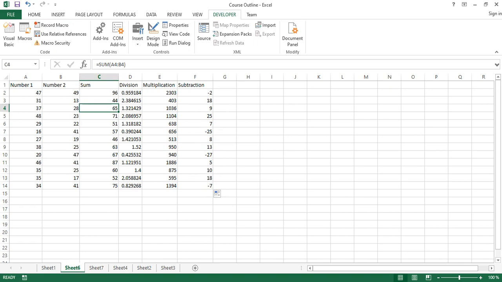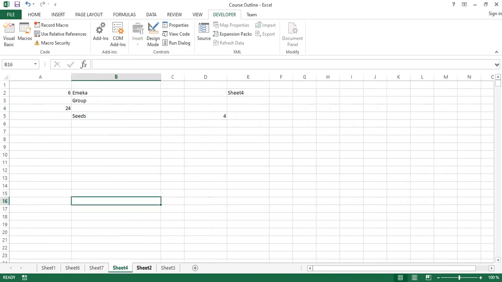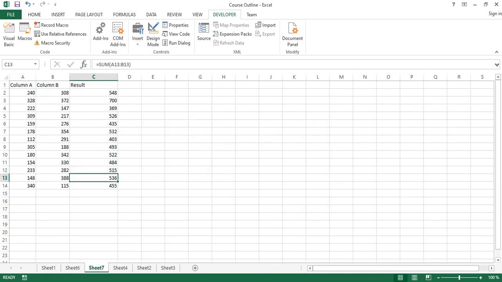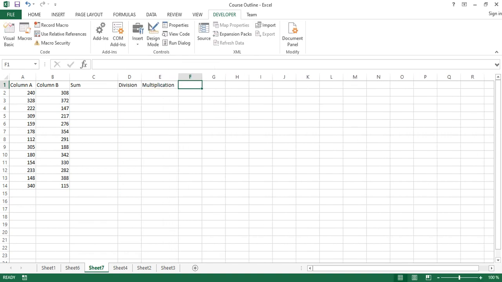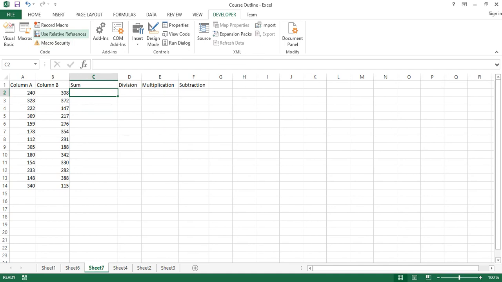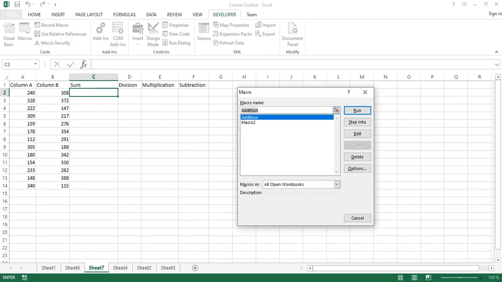So I've stopped recording. Now if I come here now to the new sheet we created, where's that? That's okay, that's sheet 7. And let's do this again. So here we want to generate the sum, we want to generate the division, we want to generate the multiplication, and we want to generate the subtraction, right? That's the same order, is it? Yes, it is. Okay, so if I come here and I just run this macro, so I have macro 2